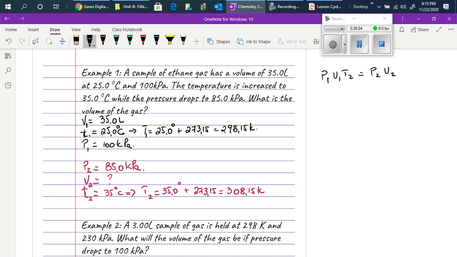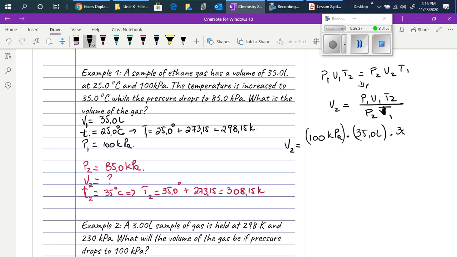So now what we are looking for is V2, so you can go with P1 V1 T2 equals P2 V2 T1. From here, we find that V2 is equal to P1 V1 T2 over P2 T1. Let's substitute what is given. So V2 will be P1, which is 100 kilopascal. You will see that all the units will cancel out. Times V1, which is 35 liters, times T2, which is 308.15 Kelvin, over P2, which is 85 kilopascal,